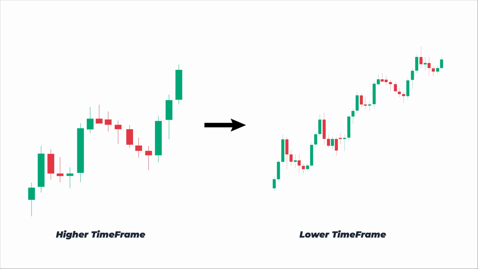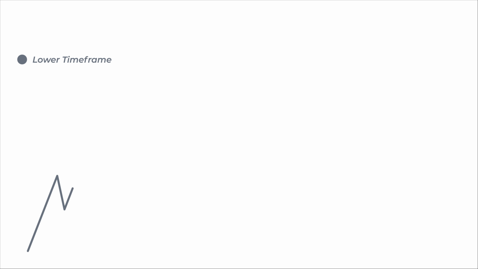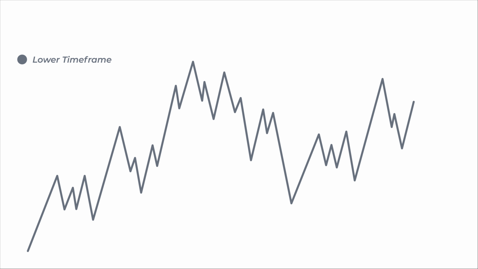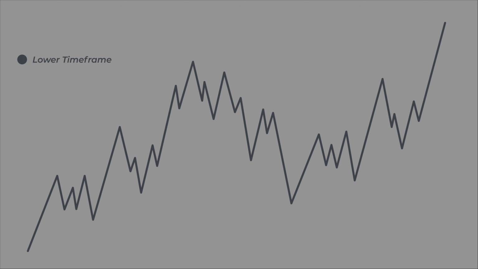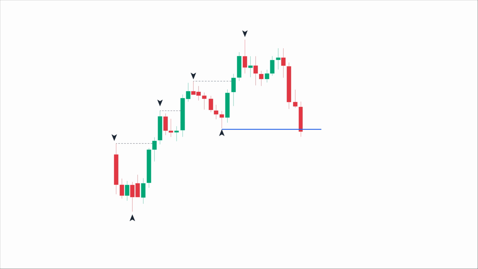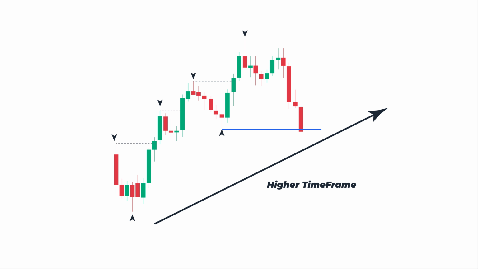The third reason is filtering market noise. Lower time frames contain plenty of false breakouts, liquidity grabs, and short-term swings that can easily trap traders. For example, a breakout below a recent low on the 5-minute chart may look bearish, but if the daily trend is still strongly bullish, that move could simply be a liquidity sweep before price continues higher. Knowing the higher time frame bias helps you ignore those misleading moves and focus only on setups that support the